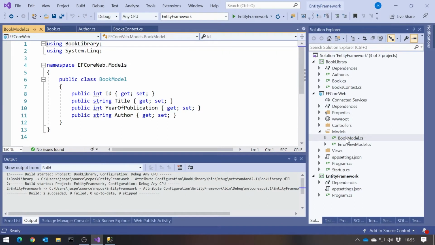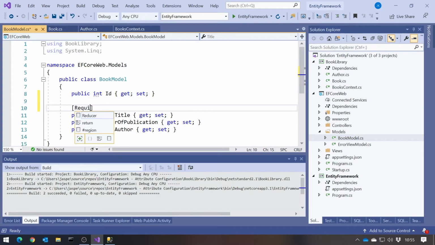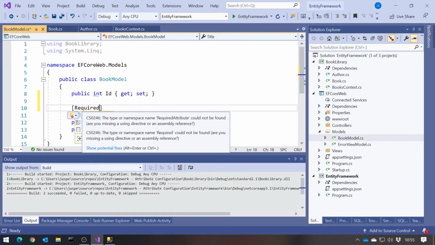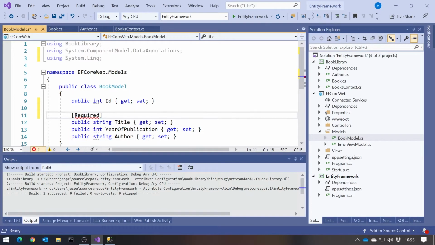Well, when you do that, the attributes that you put on, like Required, may or may not apply in both circumstances. So if I just look at our book model that we still had available here, if I were to put the Required attribute on there, and just get hold of the namespace, then on a model that means something slightly different.